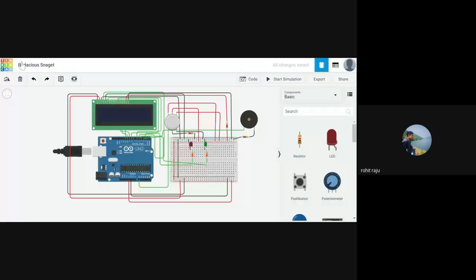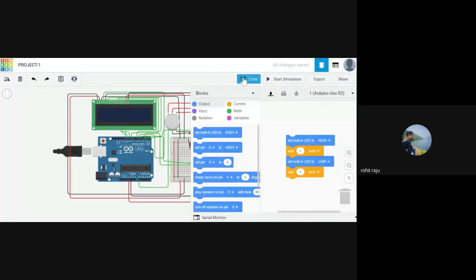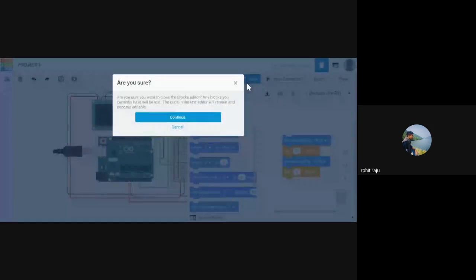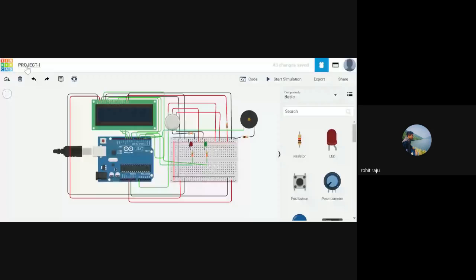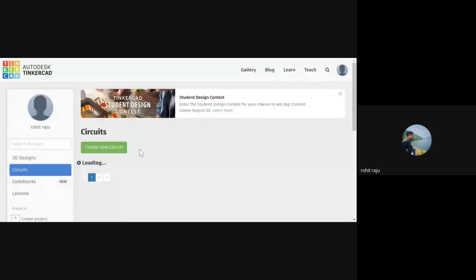In the meanwhile, let's verify with the sample circuit which I have told you. Let me name our project Project 1. Fine. I haven't written any code. Let's set it to text. We'll write it now, and after writing the code, I would use it. I just want to verify if all the paths are good. I have already done it in a sample project, so let's see if I'm right with all the things.